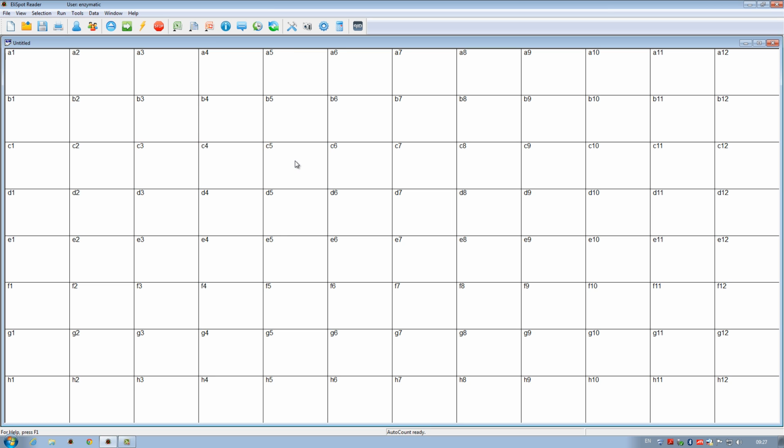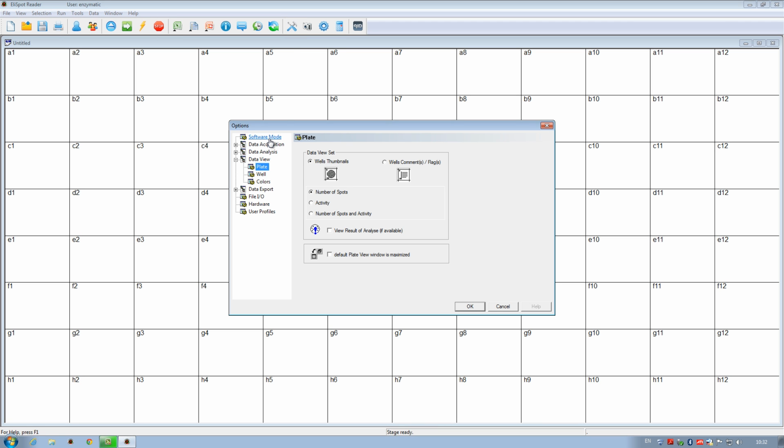It is also possible to right-click directly on an unselected well. The pop-up menu that appears then is different from the one we saw earlier when the well was already selected. Here, the Move To function is something I use very often. We can also go here to the Selection drop-down menu and choose Select All. All boxes now get marked or selected as indicated by the blue-purple color. Using the mouse, we can now deselect a particular well, in this case C4. We can finally go up and choose Select Clear from the drop-down menu to get back to a normal and unselected plate view.